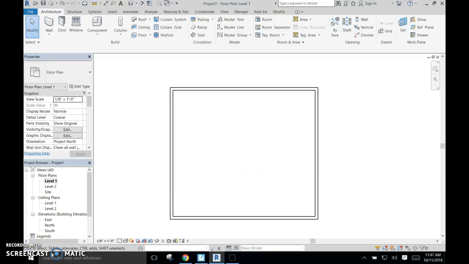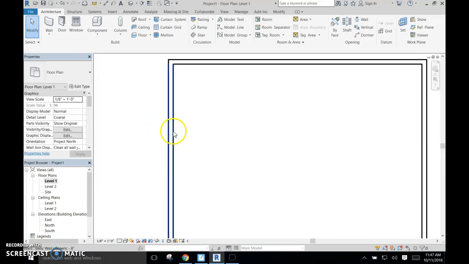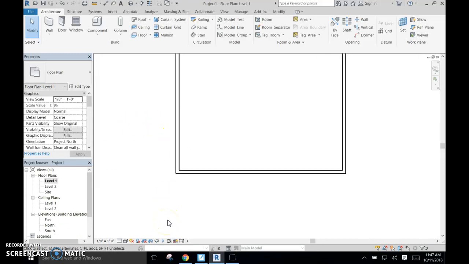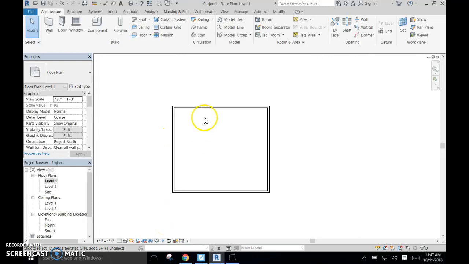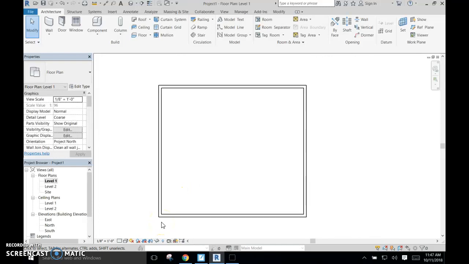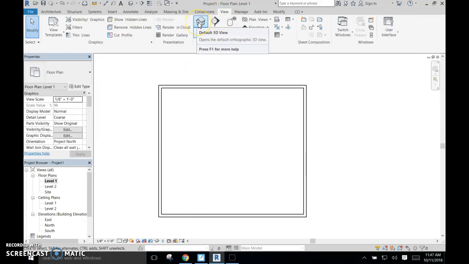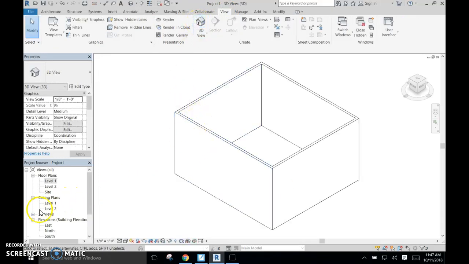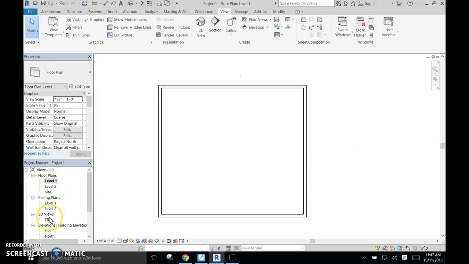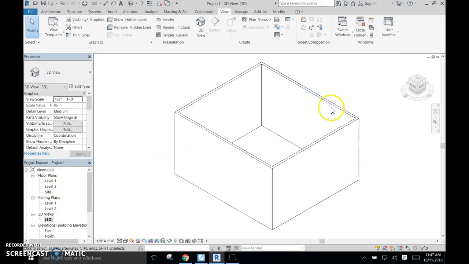Okay, so I'm back. I have adjusted in and out. I'm using the rolling wheel on my mouse to learn to navigate, and I've got a rectangle laid out, and it has some sizes. I'm going to go ahead and introduce what's called the 3D view. By clicking on it once, it'll make it appear down here in my project browser, so now I can go toggle back and forth between the level 1 floor plan and say my 3D view, which allows me to see